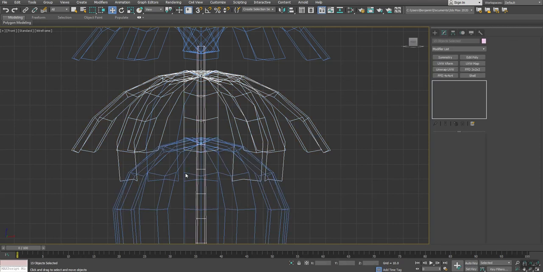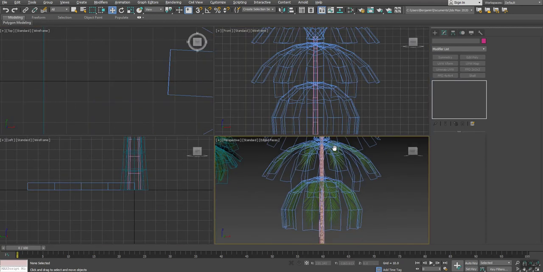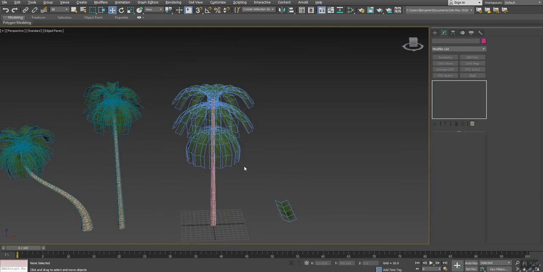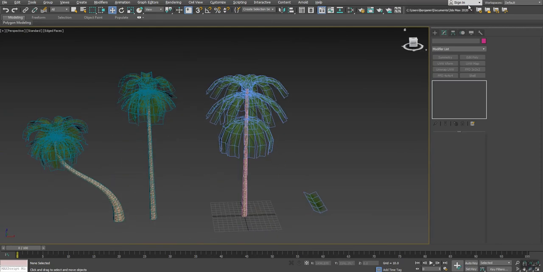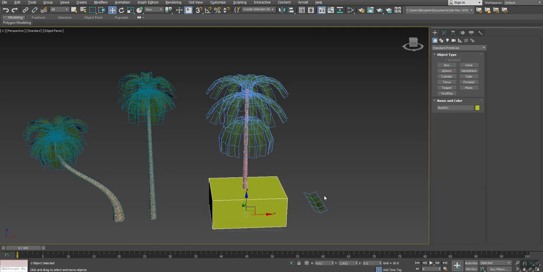Oops. There we go. All right. So I keep missing this guy when I select him. All right. But once we get those additional ones over on the side dropped in place, that'll end up looking really good. And then once you finish arranging all of your fronds, you make a box,